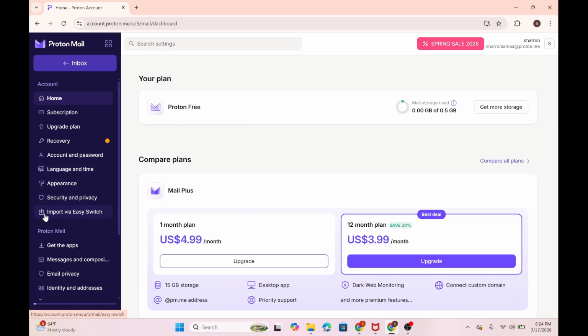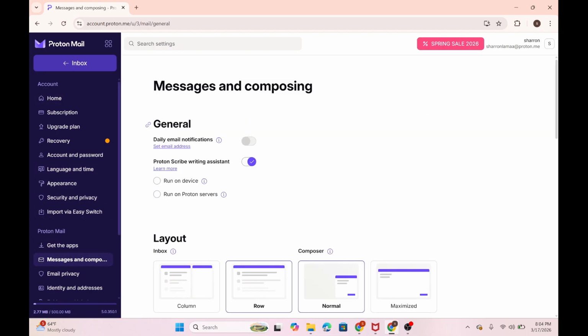Over here on the left hand side we can find this Proton Mail and select for this messages and composition. Over here under this general, that we can find this daily email and notifications from the Proton Mail. Simply toggle on this icon and you will get this daily email notification from the Proton Mail as well, and